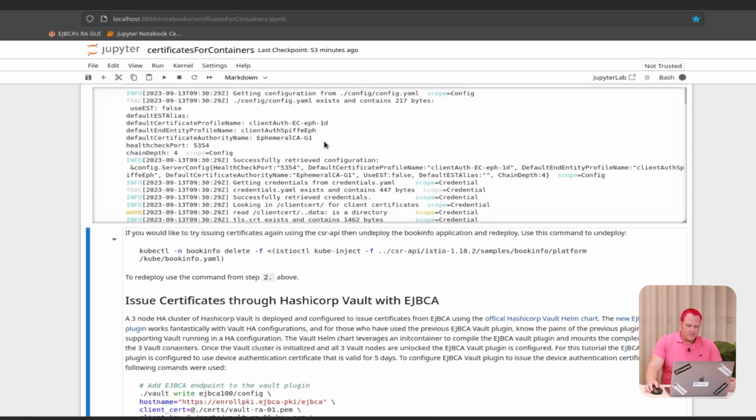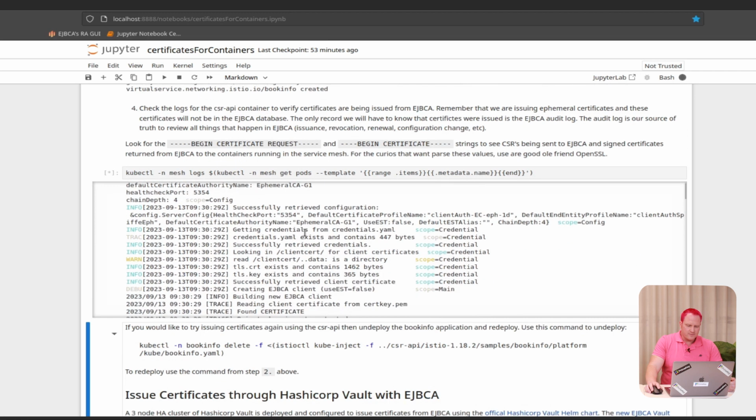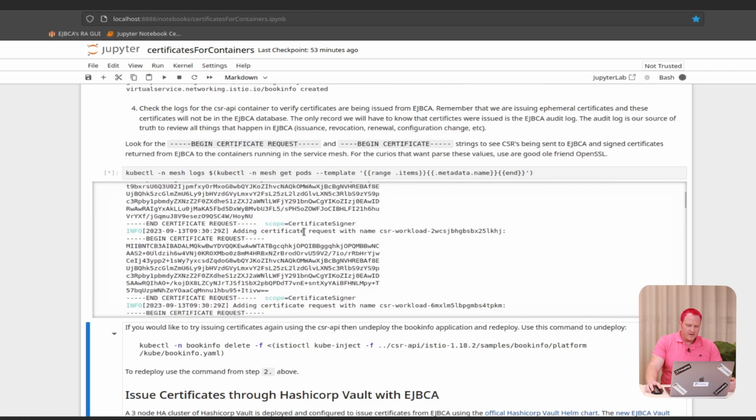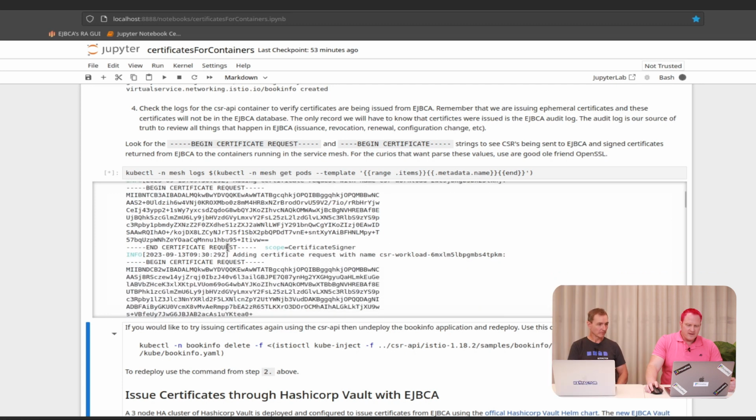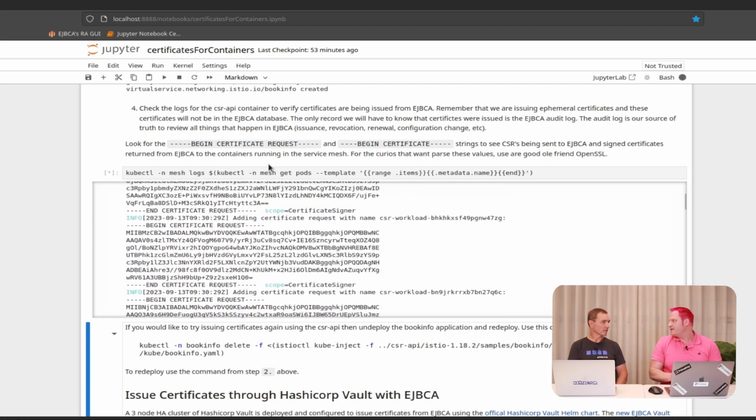There we go. So it loads, and we'll scroll through the text. We want to look in here for this begin certificate request. What is that? That means we're generating certificate requests from the containers booting up, and those will be sent over to EJBCA to